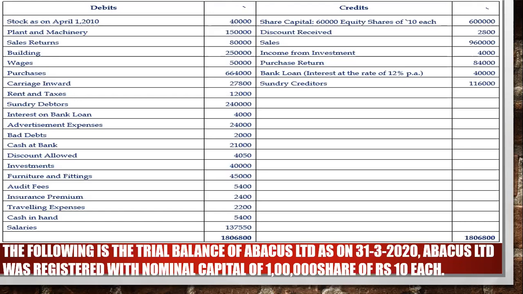फिर ऑडिट फीस ऐड करो 5,400. इंश्योरेंस प्रीमियम ऐड होगा 2,400. ऐड कर रहे हो ना? Yes. ओके. फिर उसके बाद ट्रैवलिंग एक्सपेंसेस ऐड करो 2,200. क्लियर? उसके बाद आफ्टर दैट टोटलिंग ऑफ दिस अदर एक्सपेंसेस, यू जस्ट डिडक्ट डिस्काउंट रिसीव्ड 2,800. As I told you, you have to deduct this from discount allowed. You can add on this other expenses total. After that you can less from this discount received 2,800. So how much other expenses you are getting? Let me know.